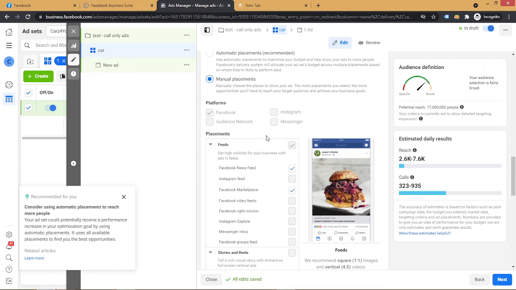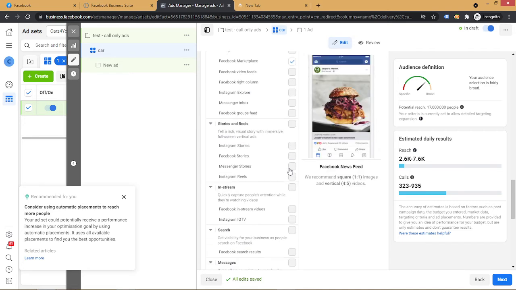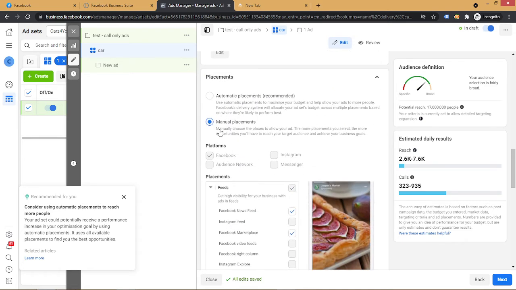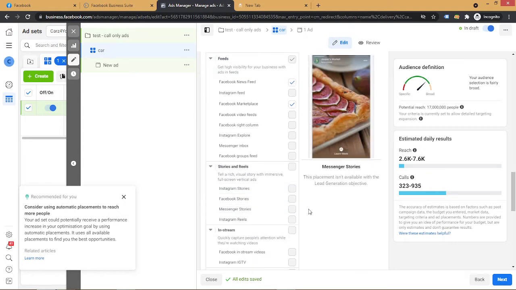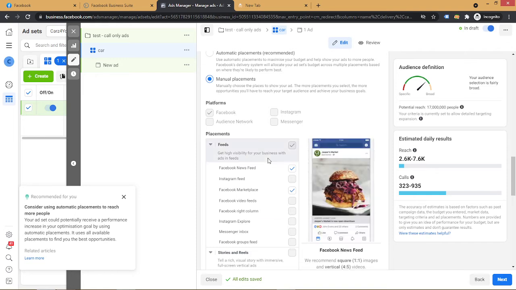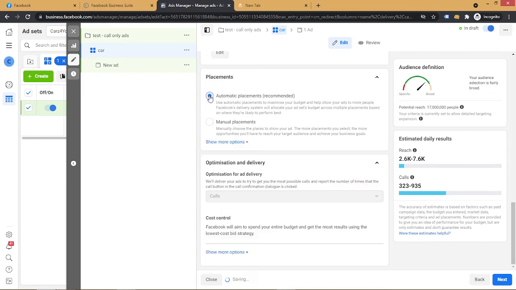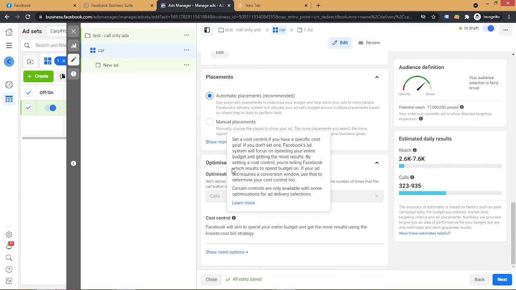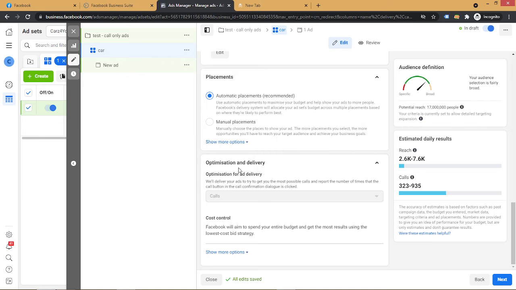If we had chosen the traffic option, Facebook would be able to place these ads on all platforms like Facebook, Audience Network, Instagram, Messenger, etc. I'm not using the manual option because there are already very few placements aligned by Facebook, so I'm going with automatic placement, and again it will ask me the optimization and delivery type.